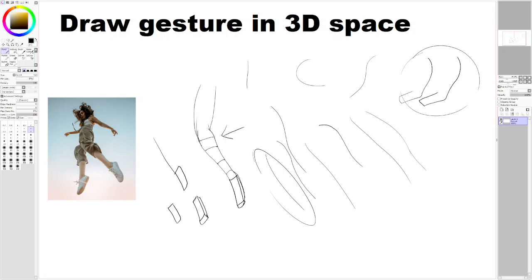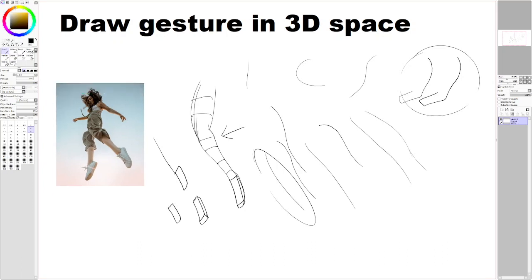I'm not trying to go down the whole rabbit hole of a very generalized anatomy of male versus female legs, but I'm trying to make the point that it sits in 3D space, and understanding that and drawing shapes to help you better understand it could be really beneficial. I really messed this leg up because the clothing really throws me off. I guess this area is more the thigh, and we're below looking up, so